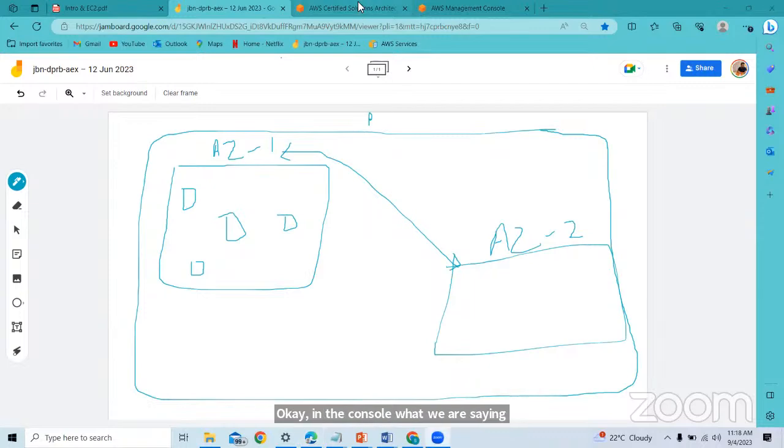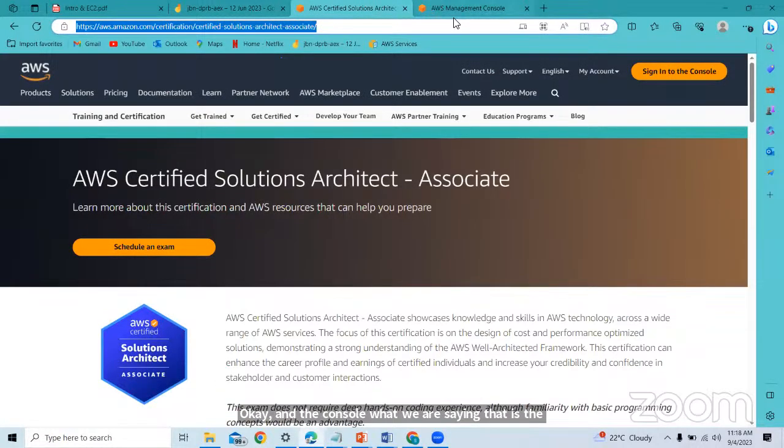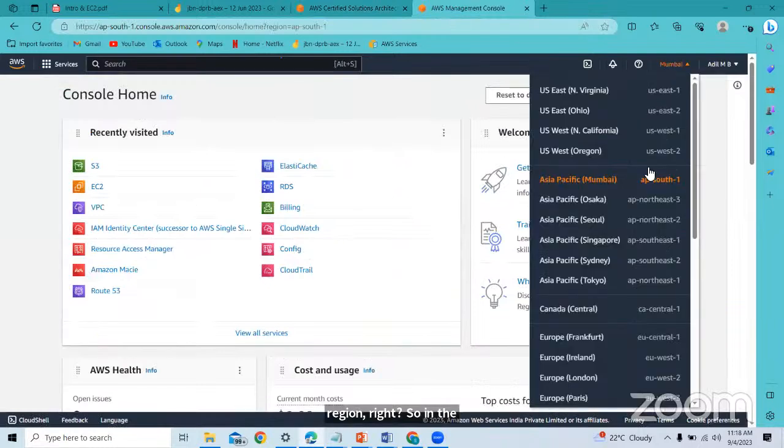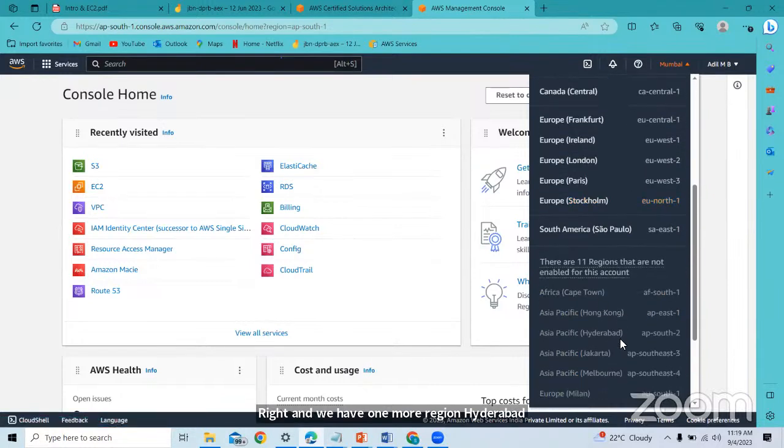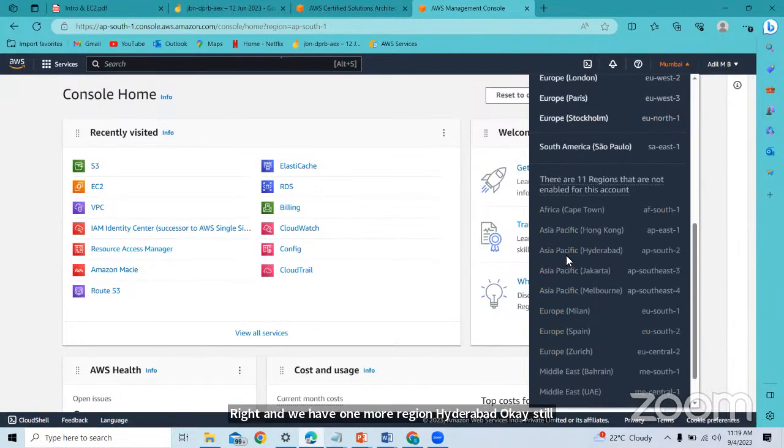In India, we have a Mumbai region with 3 availability zones, and one more region, Hyderabad, which is newly introduced, though they are not showing it here yet.